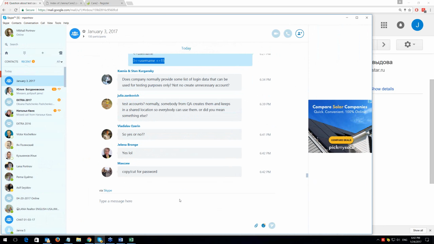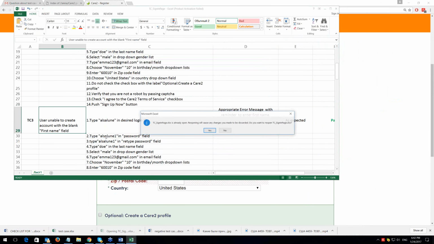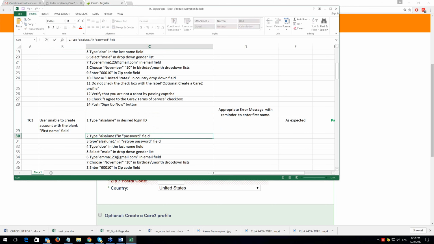But interesting, what you consider cut or copy. Let's say if you want to copy something inside, let's say my password will be this one. This is my password.